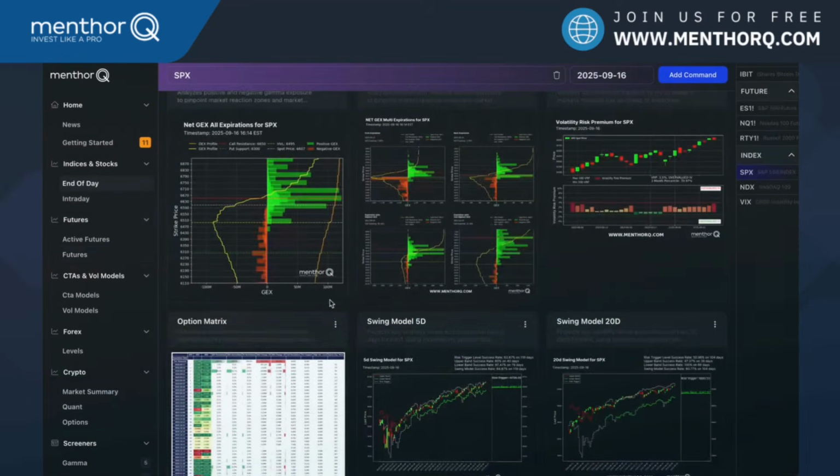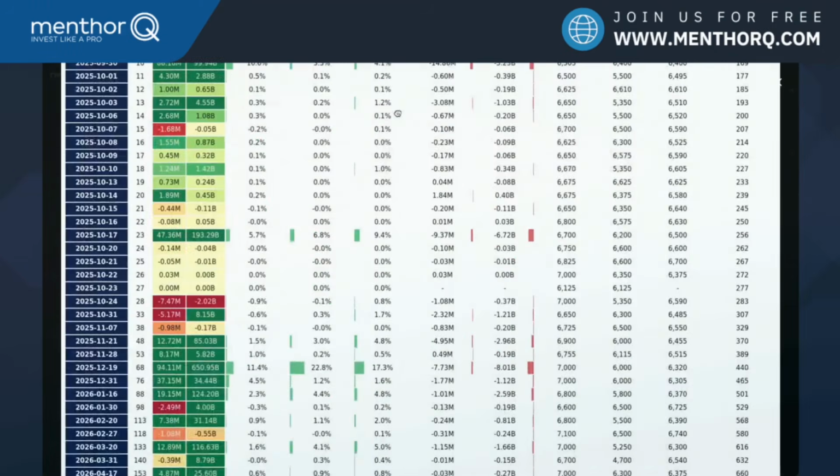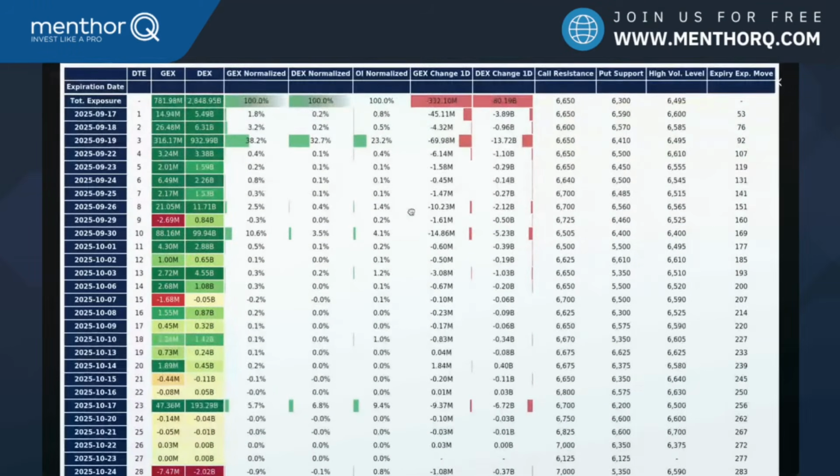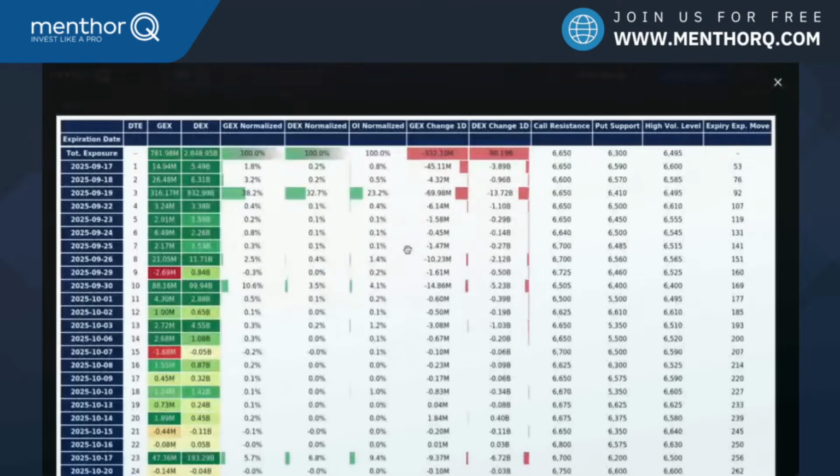Let's go back to the matrix of SPX in this case, and let me show you how you can read this table. This table is really a simplification of the full option chain of the asset, in this case, SPX. You guys know how hard it is to read the option chain. There's a lot of information, hundreds of options contracts, dozens of expirations. So it's very, very important that you understand how to read this table. What this table does is really simplify what's happening at each of the option chain.